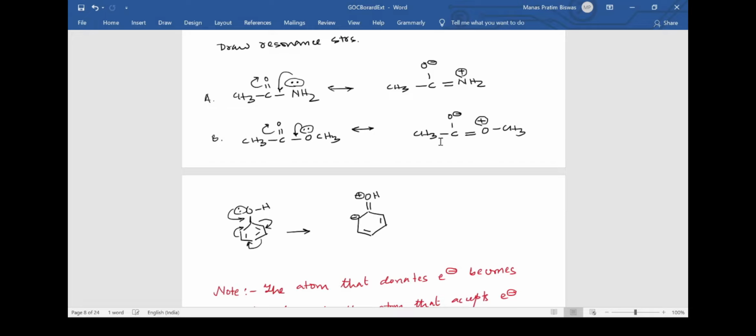Before that, let me give you another example. I gave you this example while explaining: I have taken the similar example of the phenol molecule and shown you how the resonance is taking place. There is a lone pair, then a single bond, and a double bond. The lone pair jumps over to the single bond and the double bond goes over to the carbon, and it can again move to here. There is a cyclic nature of this shifting, and ultimately the negative charge will come here. Since this oxygen's lone pair is dropping over here, a double bond will be formed, and oxygen has lost its lone pair, so it will get a positive charge.